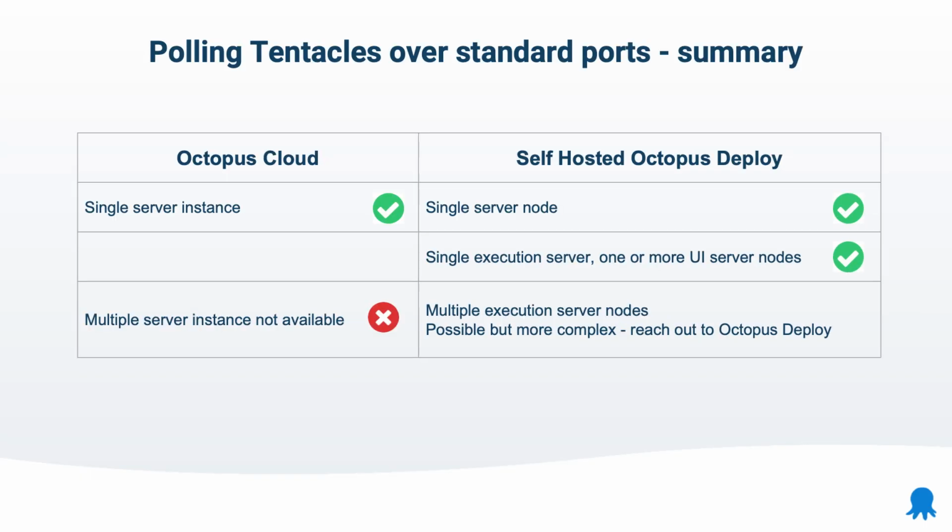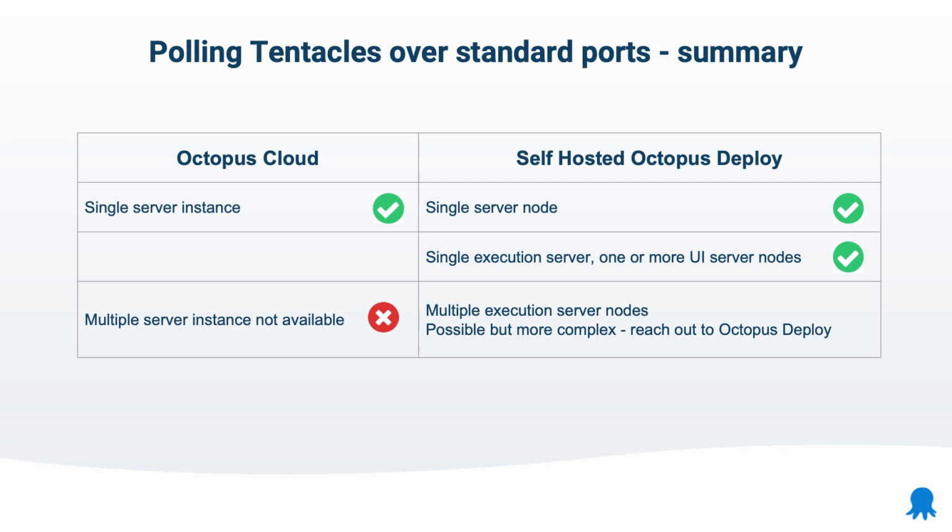So we've done it on Octopus Cloud, but now the customer on self-hosted will have to do the analogous thing to separate that traffic based on the different URLs. So if you've got a single self-hosted Octopus installation, it'll work there. If you've got the single execution node and multiple UI nodes, it'll work because you've got that single execution node. But multiple execution server nodes, it's possible, but that gets a whole lot more complex, sort of out of scope